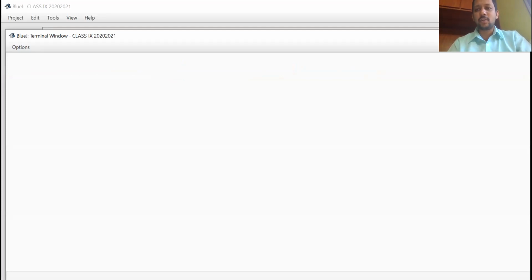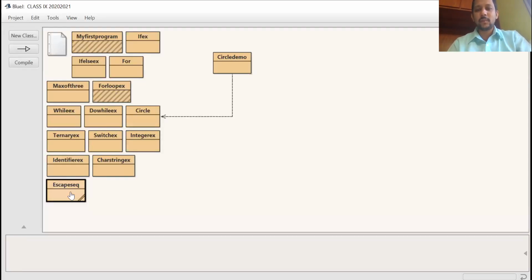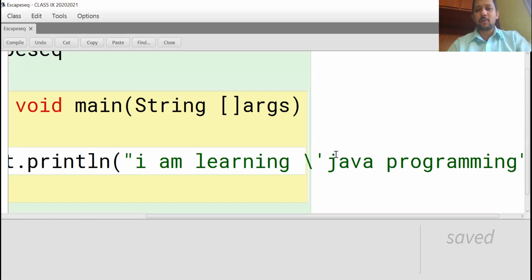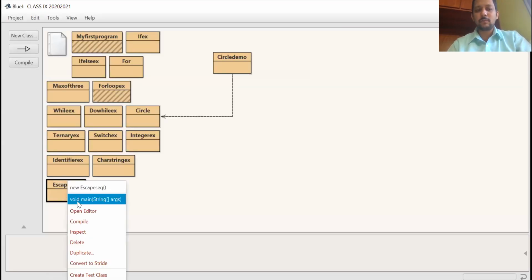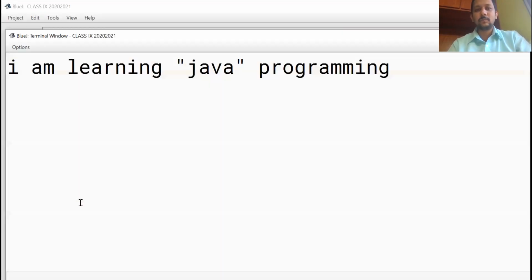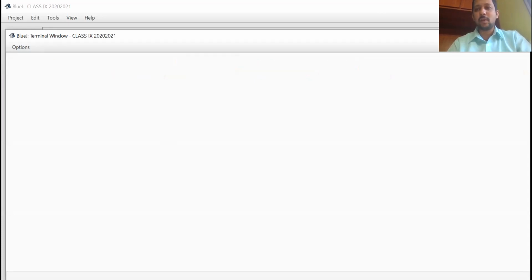Now next, double quotes. If you want Java to be in double quotes, then every escape sequence should begin with a backslash, like this. Now Java is enclosed in double quotes. This is one more escape sequence, the double quote.